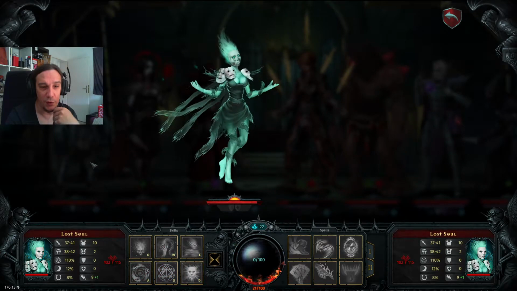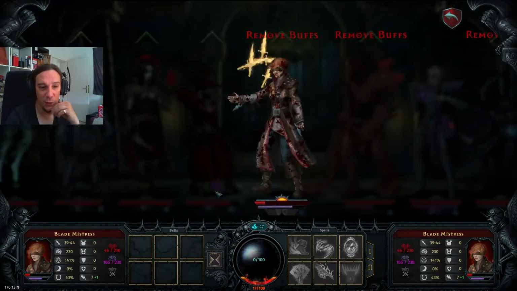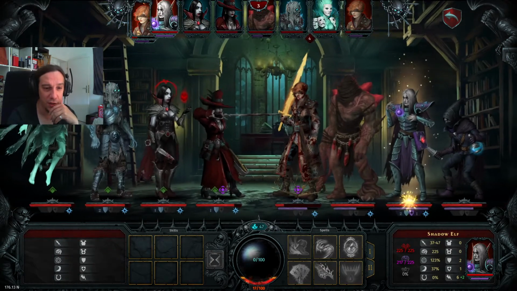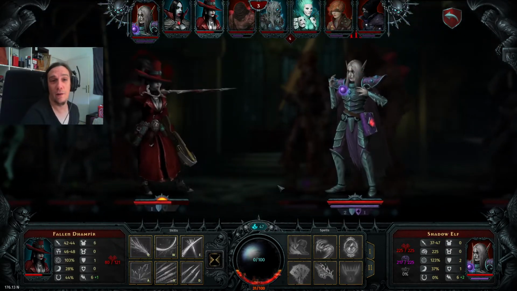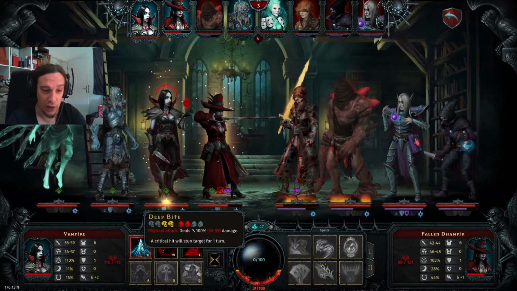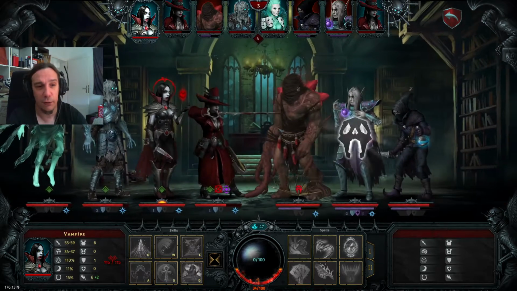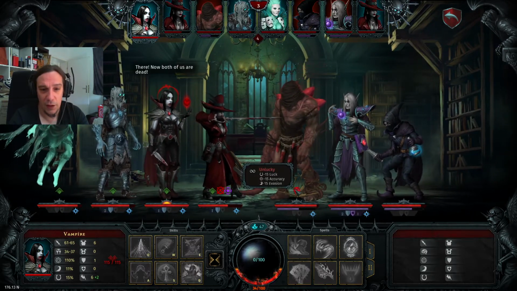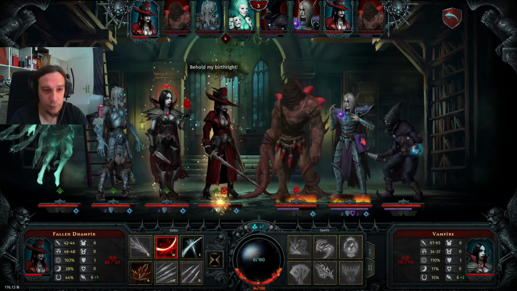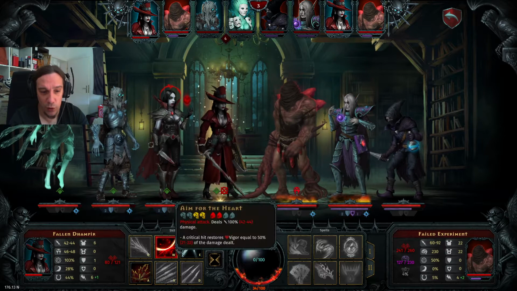So let's use Substitute World, remove all the buffs and debuffs on the enemies, and we got how much attack? Well, plus 11. Wow, that's really a lot. Pretty sure I can just one-shot that mistress now. There we go. Okay, Armor Absorb. Okay, next one will be